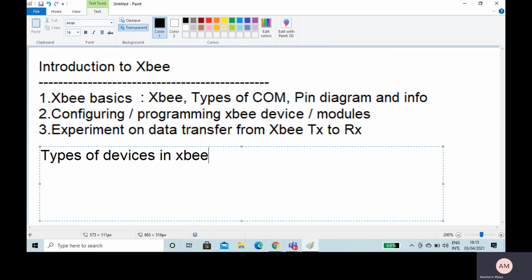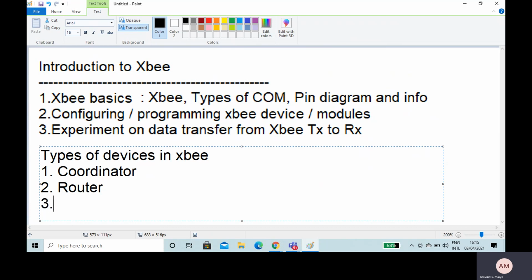In XB, as I told you, XB is a wireless communication system or a wireless communication channel. In XB there are three different types of devices. You can configure an XB to work as a coordinator. You can configure an XB to work as a router.